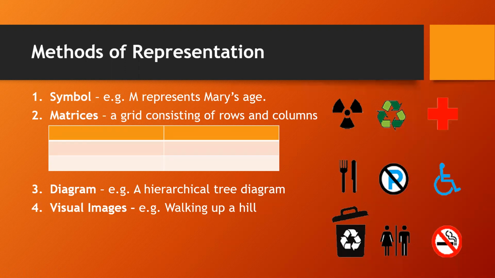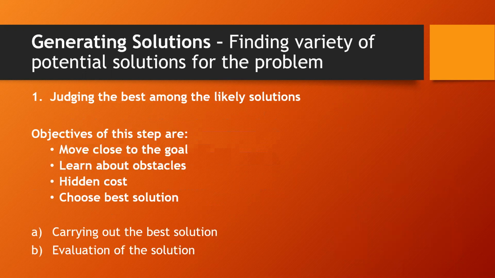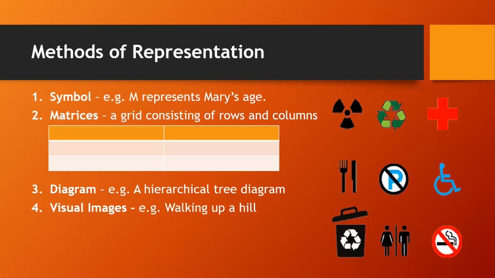And then methods of representing the problem. Now you should also represent the problem, and there are various methods to represent it. Third is situated cognition, which emphasizes how context helps you understand a problem, like creating a spatial representation in your mind. Fourth is embodied cognition, how you use your own body to understand a problem.